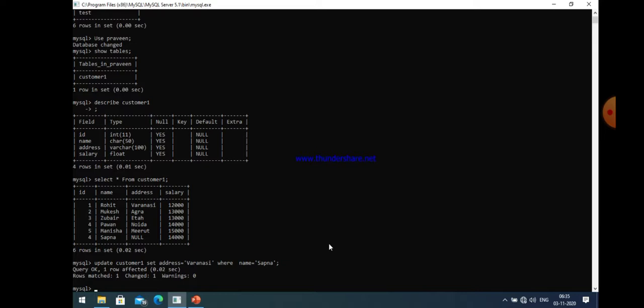I think it is clear to all of you. If you write where id is equal to 4, then two records will be updated. Records related to the names Sapna and Pawan are both updated. But if I write where name is equal to Sapna, only the record of Sapna will be updated.